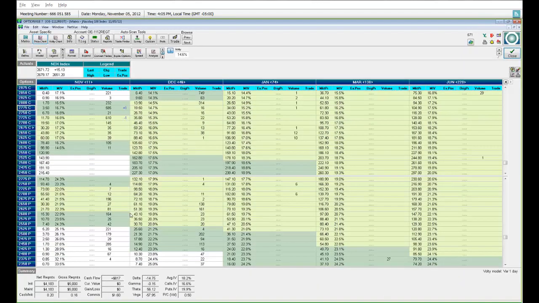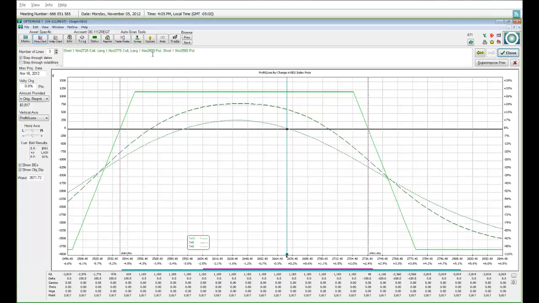But we don't just do that. What if we said, hey man, I don't know which way it's going to go. What if I did this? What if I sold one of those and bought one of those and then bought and sold one of these? So what if I did like a credit spread and a credit spread? This is known as a condor. Now, yeah, if the market goes up over a period of time, you might lose money. But what if the market stays where it's at, or it just goes up or down a little bit?